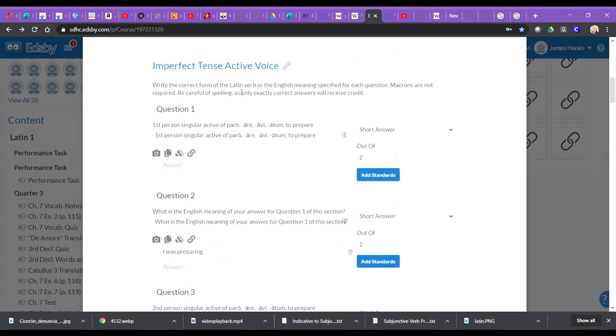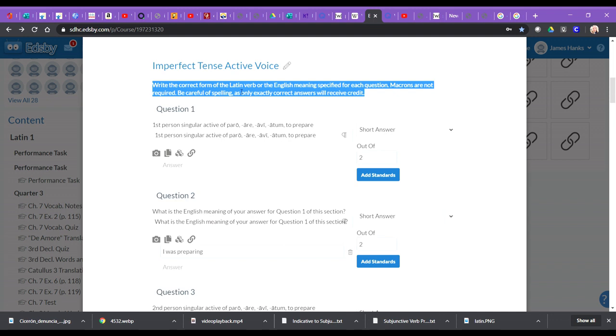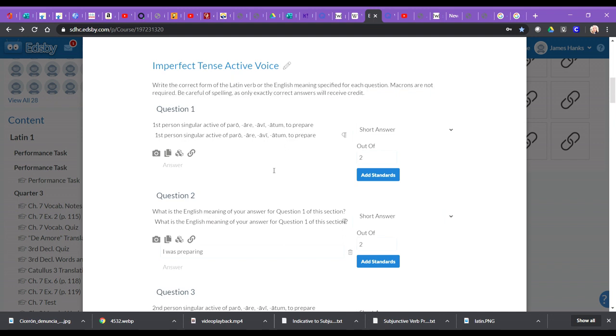The next section says imperfect tense active voice. So everything in this section is active, and it'll just go through the chart, starting with the first person singular and ending with the third person plural. So it says, what's the first person singular active of paro, parare, paravi, paratum, to prepare? And you would type it in the box. So in this case, it would be parabam,